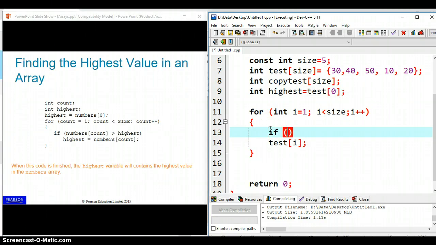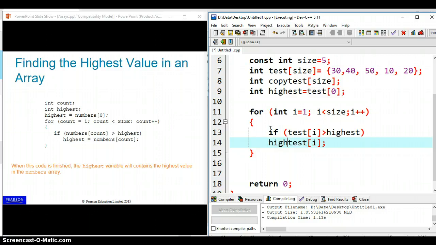So now we are going to do a comparison. If test i is bigger than highest, right? Then highest is equal to test i. Okay, just this simple. So now I can cout